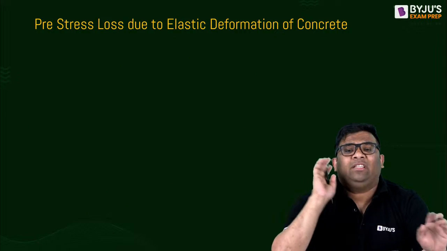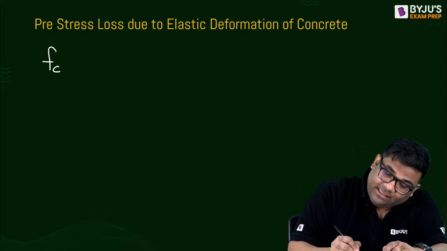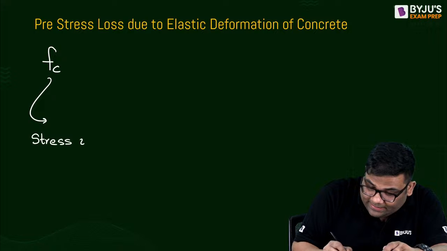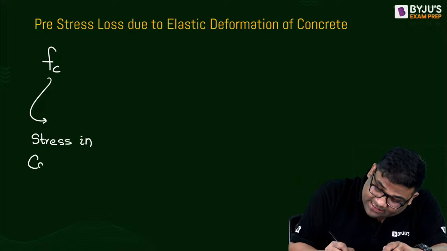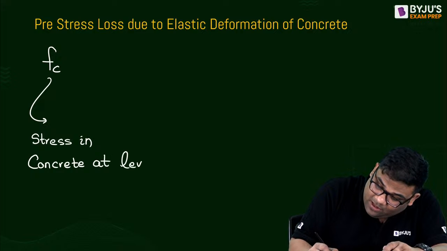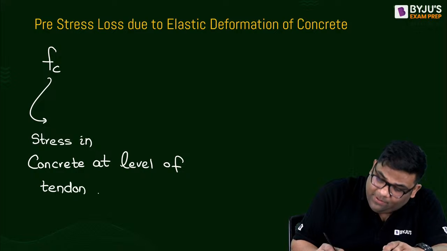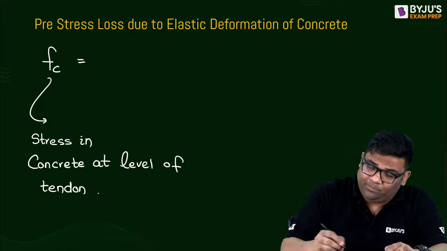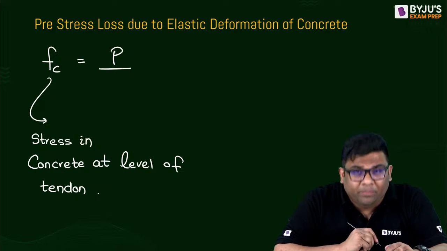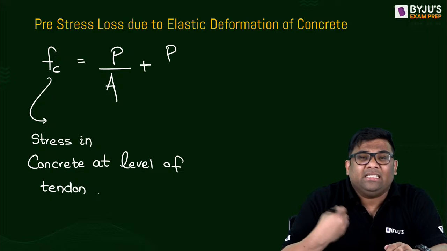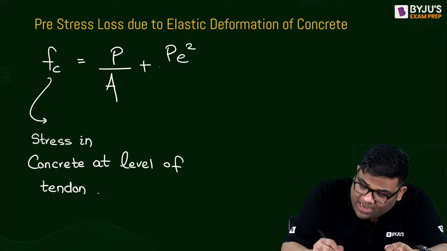Now coming to this Fc term. What is this Fc? Fc is the stress in concrete at level of tendon. How to find this? That is very easy. The formula is the total pre-stressing force P by area A plus the pre-stressing force P into E square by